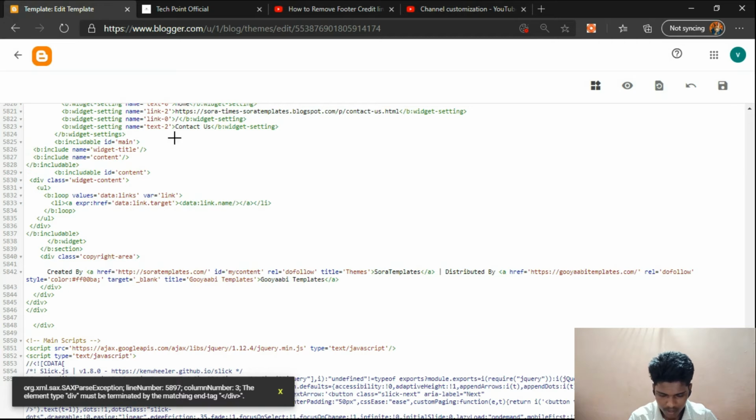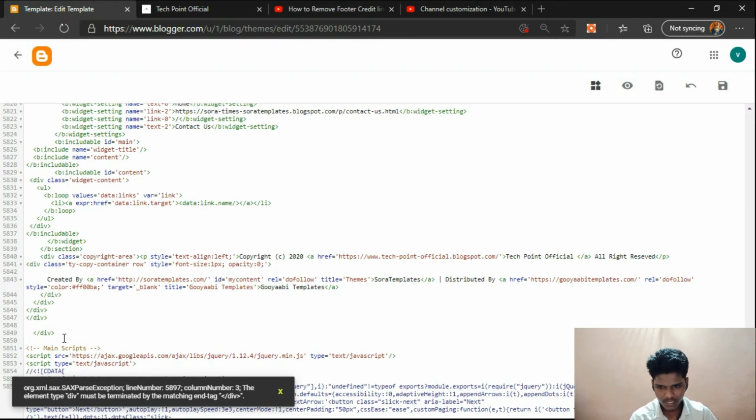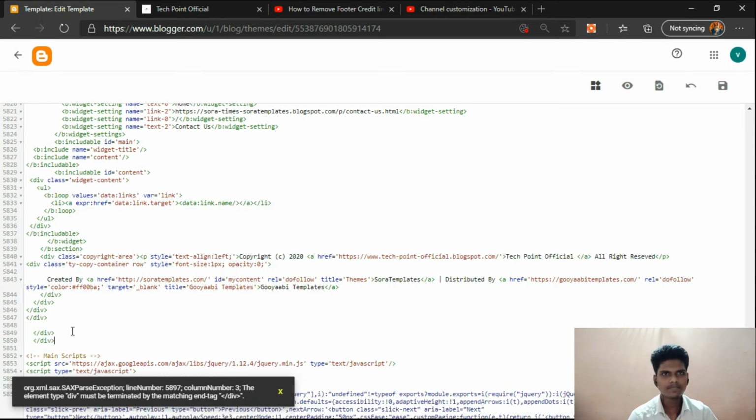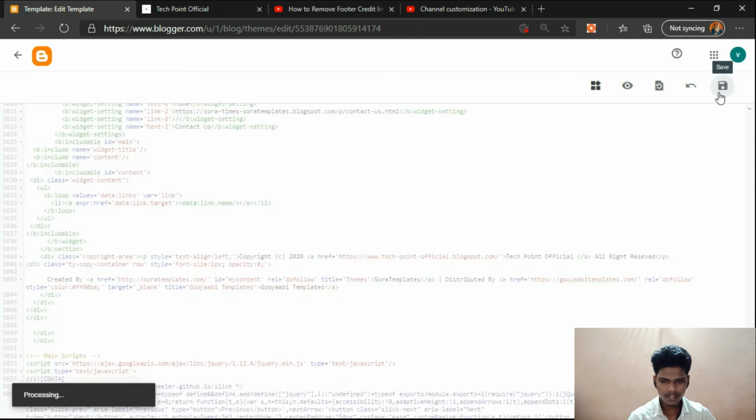Div, copy, paste. After pasting that, click on save. It is progressing. It is saying updated successfully.